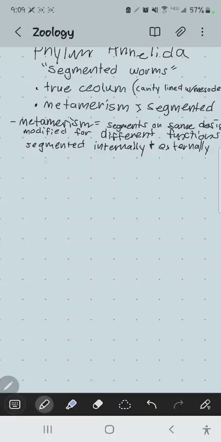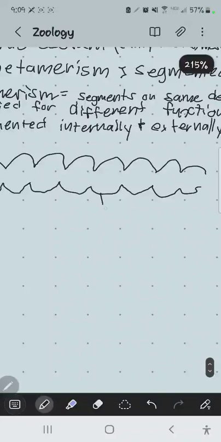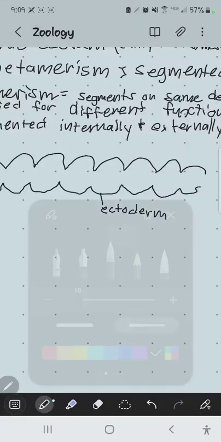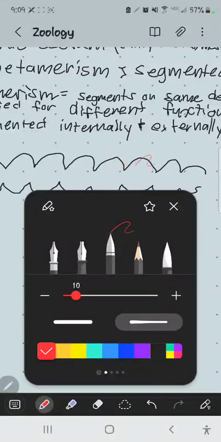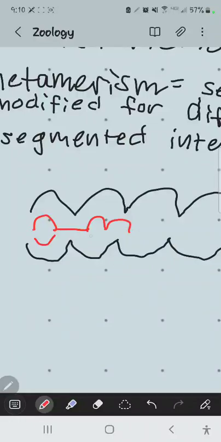So we could say we have ectoderm here, layers of tissue on the outside of the ectoderm. And then for the gut tract, green for that, we have some internal organ structures here we'll point out. Okay, so here is our endoderm, which would be our gut tract,